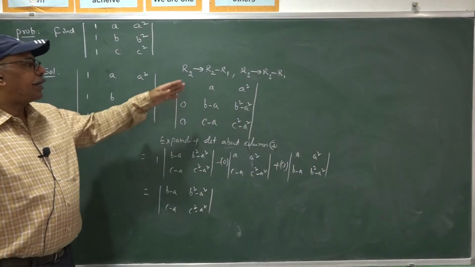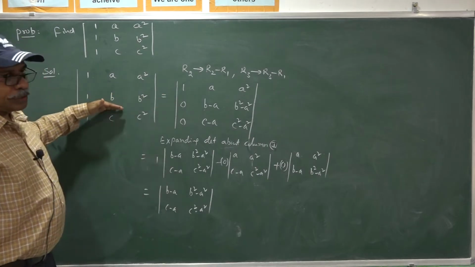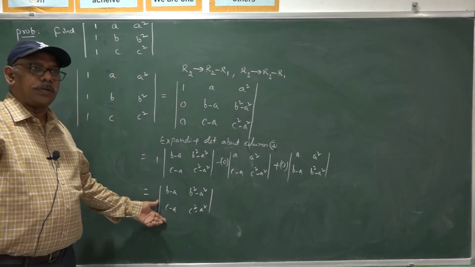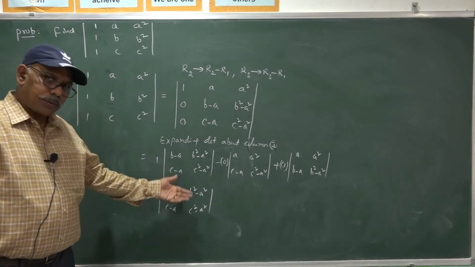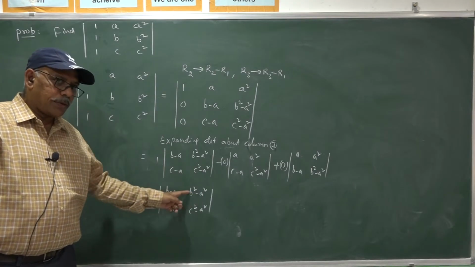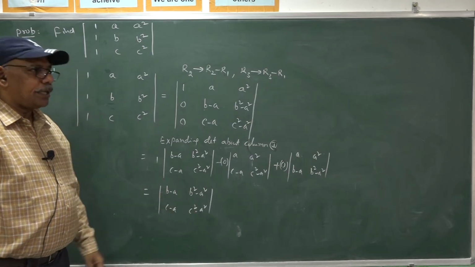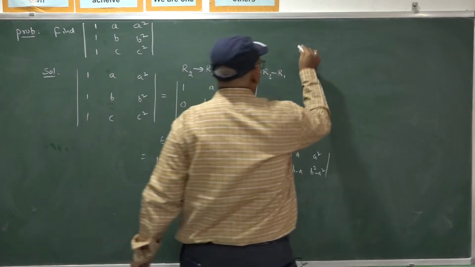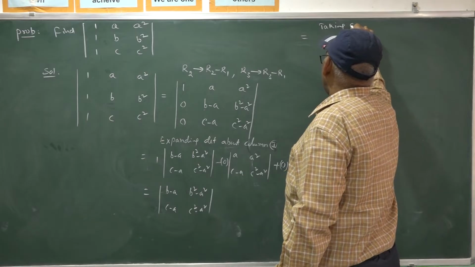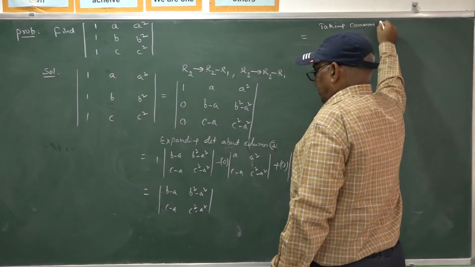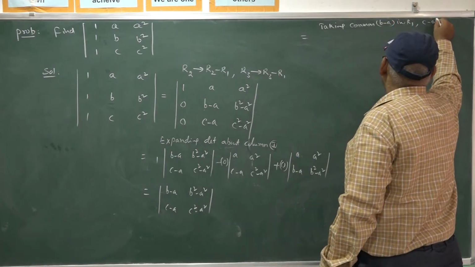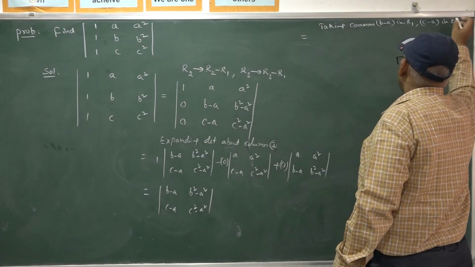So, by taking these transformations, we can reduce the 3 by 3 determinant to a 2 by 2 determinant. Now, you can evaluate this 2 by 2 determinant with the help of transformations also. B minus A is common in the first row elements. C minus A is common in the second row elements. To evaluate this 2 by 2 determinant, taking common B minus A in R1, C minus A in R2, we get